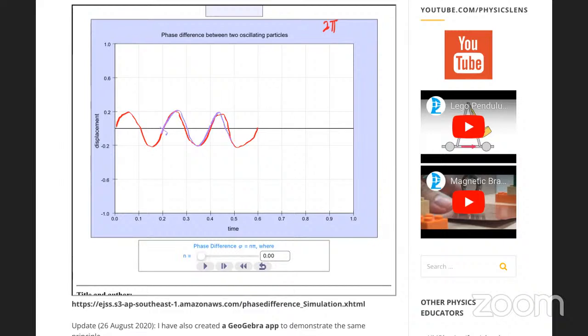So technically, 2 pi and 0 means that they're both in phase. Now, if we were to look at a phase difference of 3 pi on 2, instead of 2 pi,